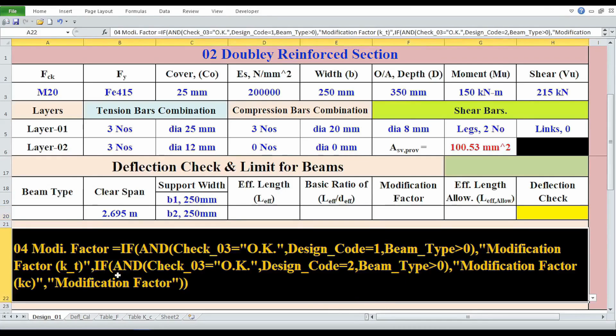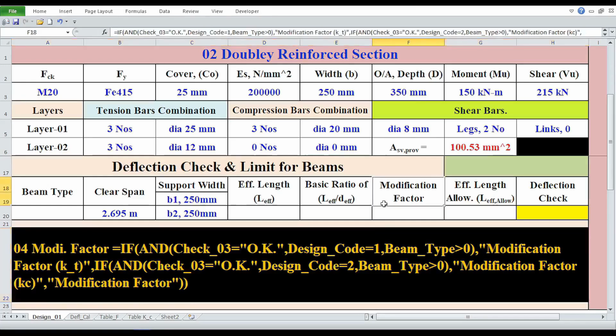Similarly, if check_03 equals to OK, and design_code equals to 2 and beam_type greater than 0, it will show modification factor, kc. Otherwise it will show a simple heading, modification factor. Presently, since we have not selected any beam type, we are seeing the heading,